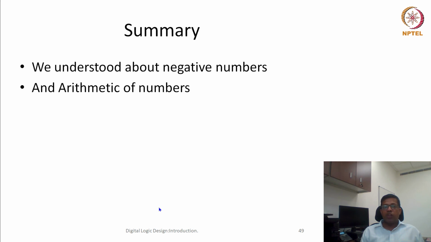The other thing which we have learned in this class is how to do arithmetic operations. So this class would remain incomplete unless we practice a lot of questions, or do some of these things ourselves. So I would be posting a tutorial after this class so that you can work on those questions. Some of those questions I would put as solved questions, and some of the questions you will try to solve yourself. Thank you very much.